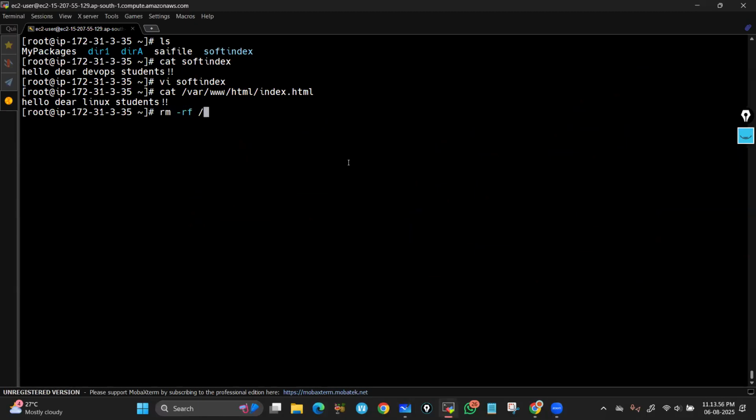rm -rf /var/www/html/index. You know, right? This command deletes the main file. Deleted. But can you open the soft link? You can see the color got changed again. Now, can you open it? See,